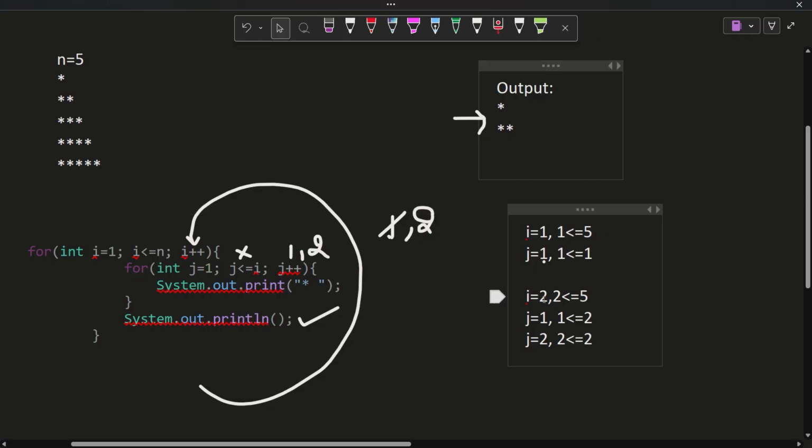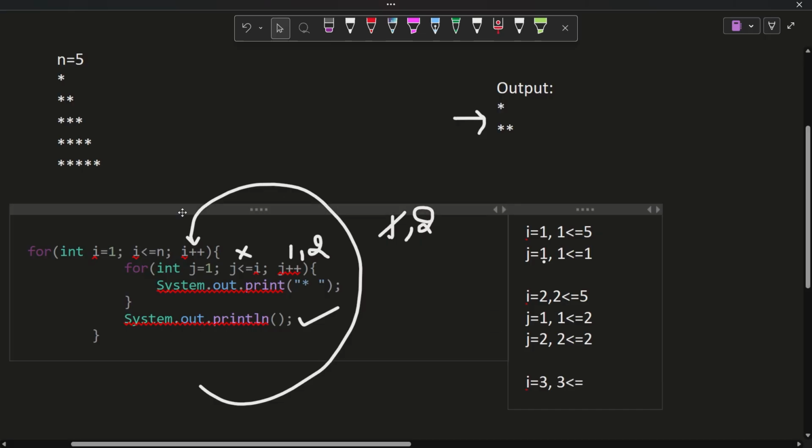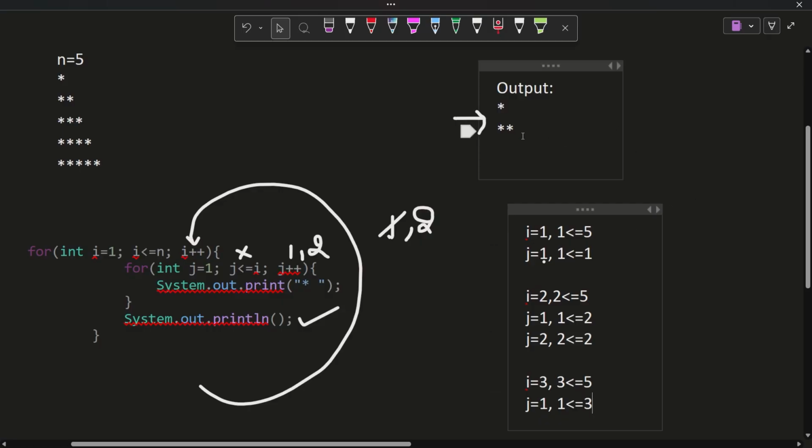Now the value of i is 2 and after incrementing it would be 3, right? So i equals 3, and 3 less than or equal to, what is the value of n? 5. Now again it will enter the inner loop, that is to print the columns, j equals 1. For the third row, first column, it is checking the condition j less than or equal to i. What is j? 1 less than or equal to 3. So the condition is true, and for the third row, first column, a star would get printed, right?